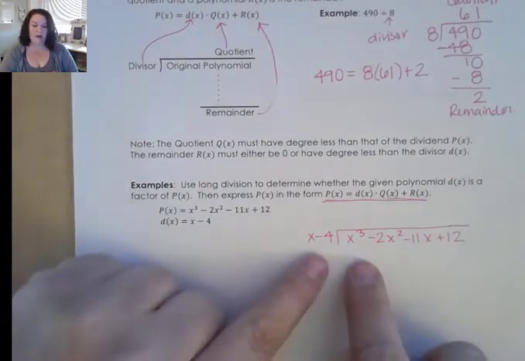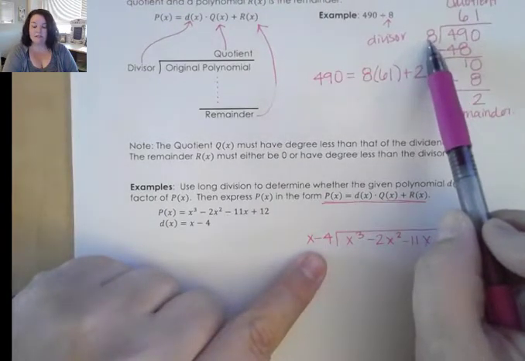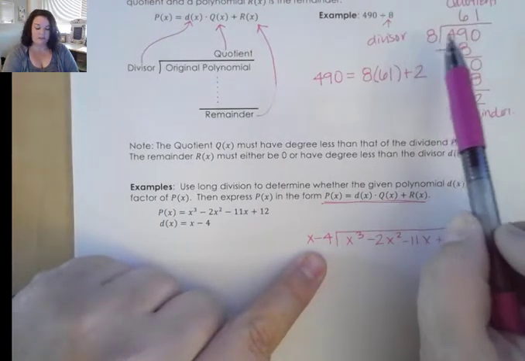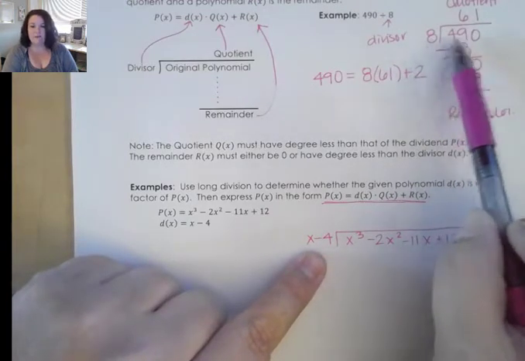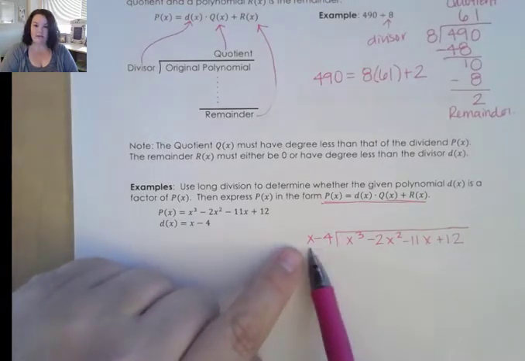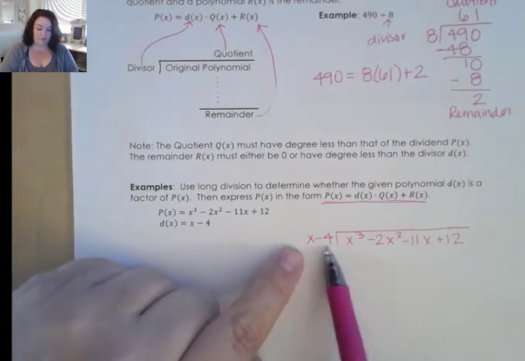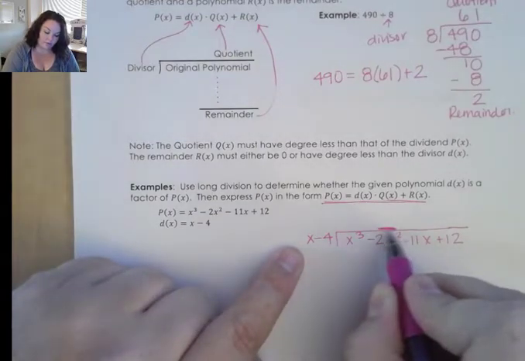All right. Now, just like we started up here with our 8, 8 had one single unit or digit. So we started with the first digit. We said, does 8 go into 4? And then if it didn't, we scooted over. We do the same thing here. We look at the number of terms we have. Here we have 2 terms out front. So we're going to scoot over to the second term here, and we're going to write our first number above